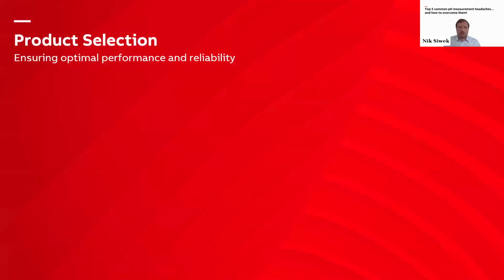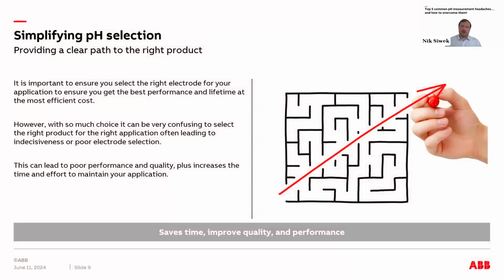So first section is product selection. So again, I've kind of mentioned this before. In the market, there are a number of different options when it comes to glass selection, when it comes to reference electrode design and hardware, depending on if you're doing bypass sensor or hot tap retractable sensor. So it can be very confusing selecting the right sensor for your application. As I mentioned, most customers go for the most premium version when it's not really necessary most of the time. They can go for a more mid-tier or low-tier option depending on their application and get just the same performance